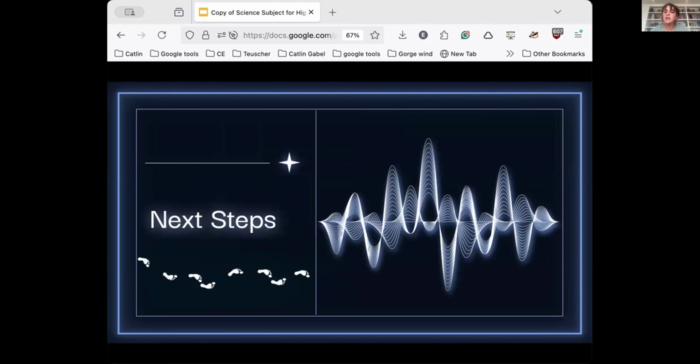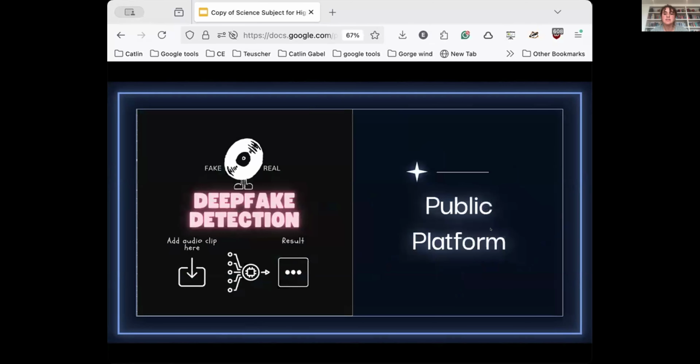And then, as I mentioned earlier, if the algorithm performs well enough, I plan to make it available to the public. So to give a quick demonstration of how this would work, I created a mock website. As you can see, it's a relatively simple design. The user can upload the audio clip that they want to verify here, and it will run through the program, and then the verdict, real or fake, will appear in this box here. I would give you a demonstration, but the algorithm runs too slow for the 15 seconds of time that I